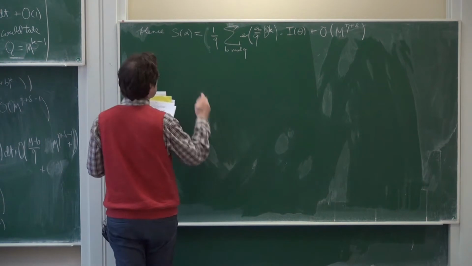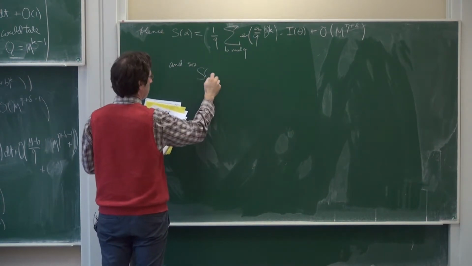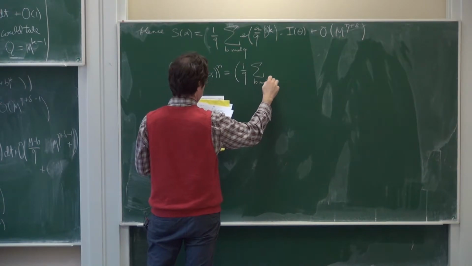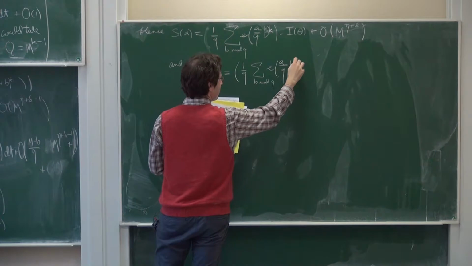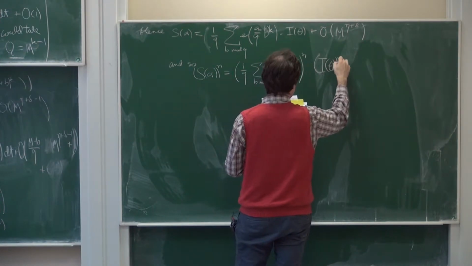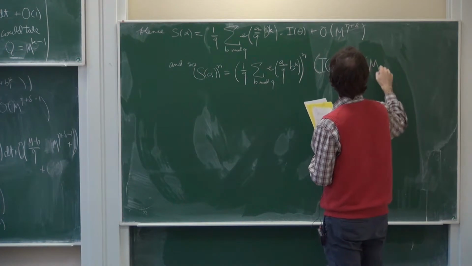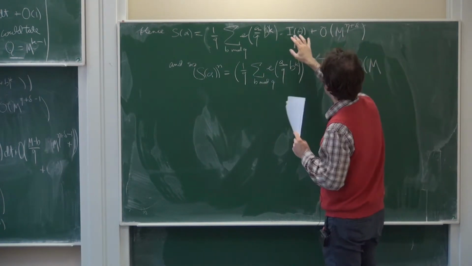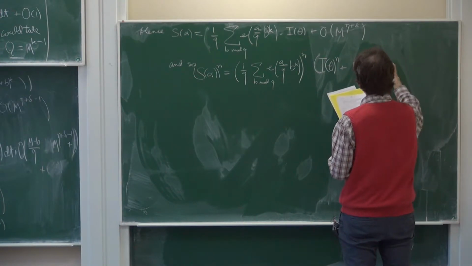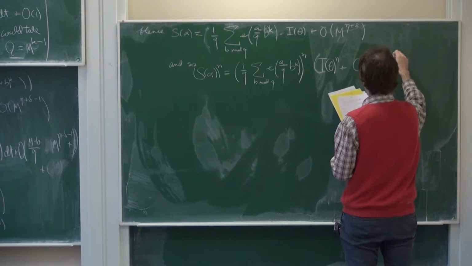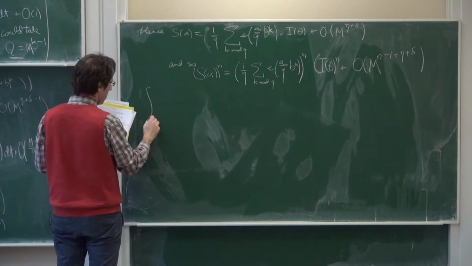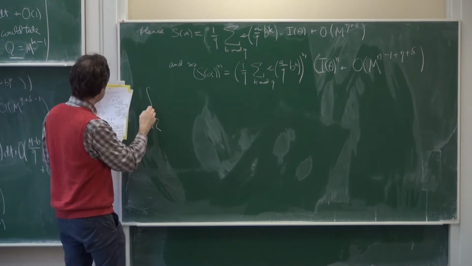And so this is, I'm just going to bound this here using the brutal bound for it raised to the nth power, and whenever there's an error term here, I can just use the brutal bound for this. So that would just be m. So here I have m to the n minus 1 plus eta plus delta. All right. So if I take this integral over the major arcs, I get